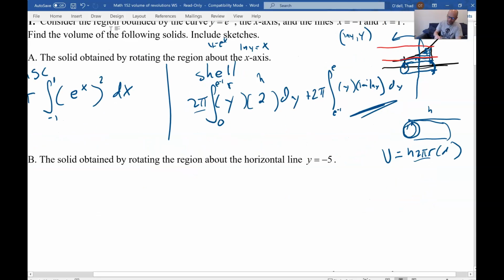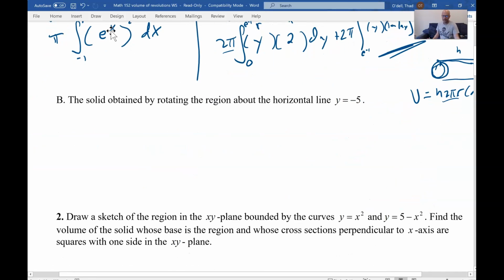All right. So I'm not going to do the disk and shell every time, because you don't want to do that every time. You want to pick out the one that's easier. Basically, if you start down one and it seems like it's getting complicated, then you switch to the other. Okay, the solid obtained by rotating the region about the horizontal line y equals negative 5. So this is the same drawing,